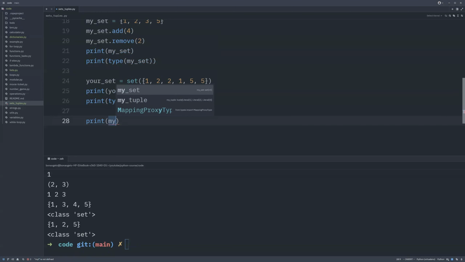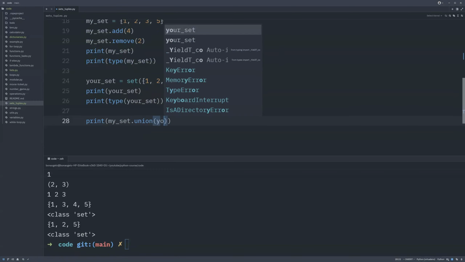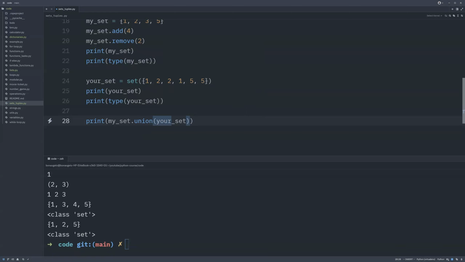In this case, the first set is called my set. Then you'll just say union, not dot union. Just say my set dot union. Then you specify the second set that you want to join here. So in this case, the second set is your set. So if we do this and we run our code, you'll notice that we get a new set here that